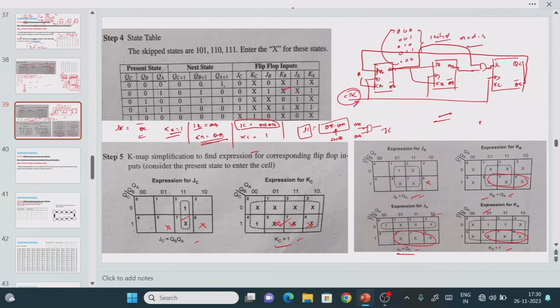Remember, from an exam point of view, if they ask you to find the mod 8 synchronous counter, the only difference is that here we need to write up to 111. In the K-map, you will find the solution with no don't cares for 5, 6, 7. So pretty easy. Thank you guys.